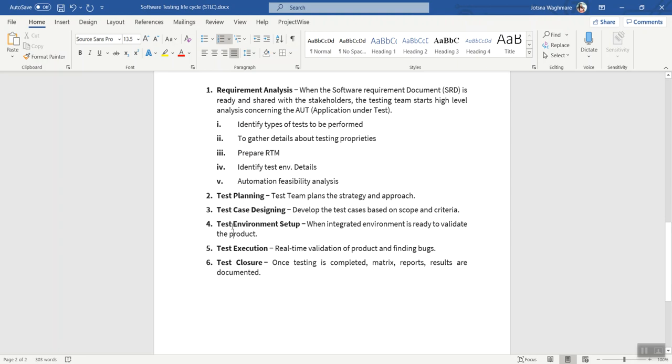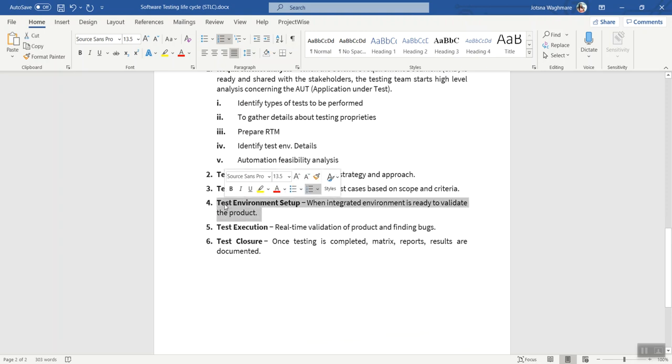So the fourth phase is test environment setup. In test environment setup, the tester decides the software and hardware conditions under which a work product is tested. So it is one of the critical aspects of the testing process and can be done in parallel with the test case development phase. The testing team may not be involved in this activity if the development team provides the test environment. So the test team is required to do a readiness check for the given environment setup. So this comes under test environment setup.